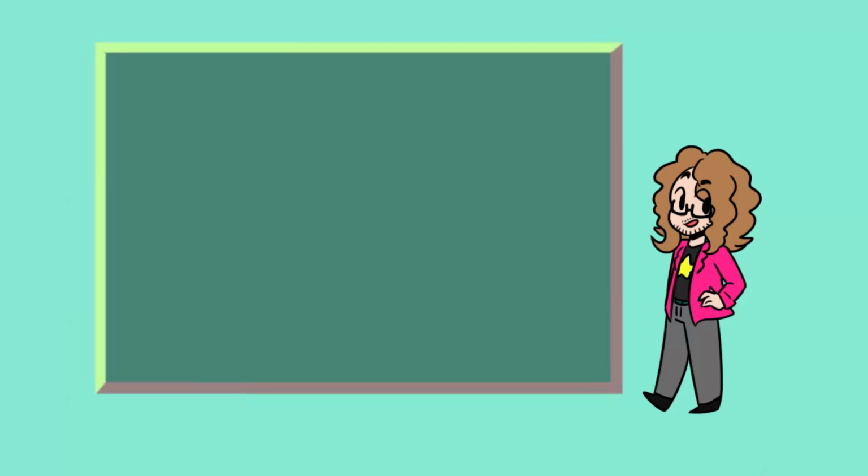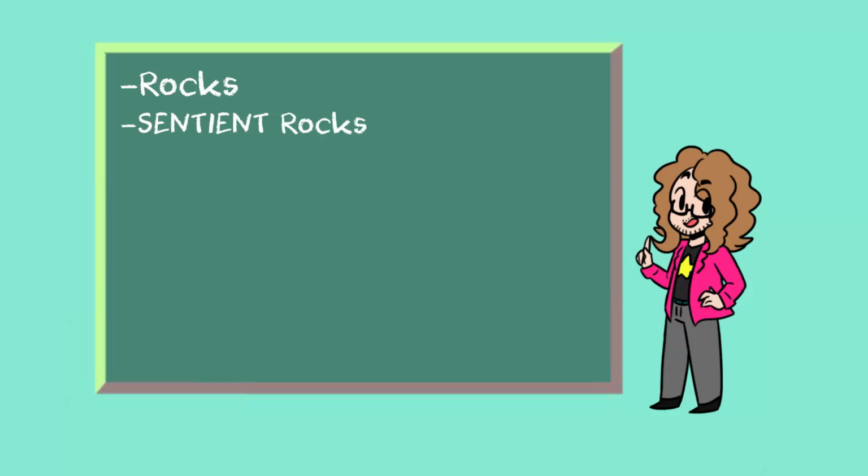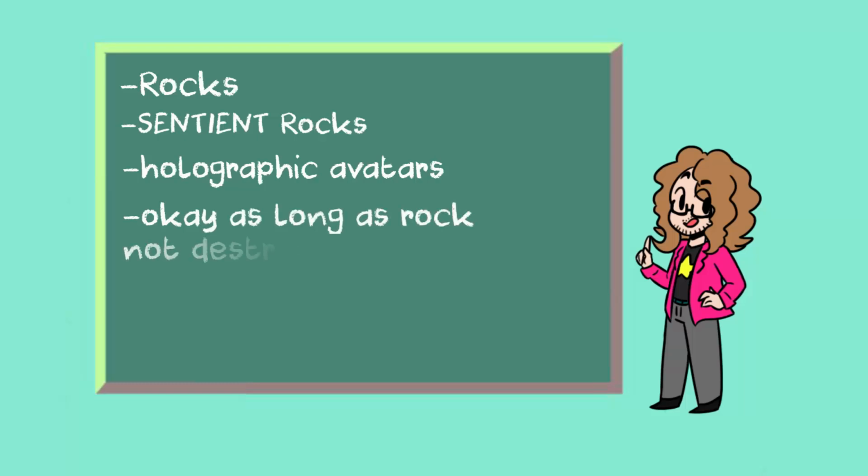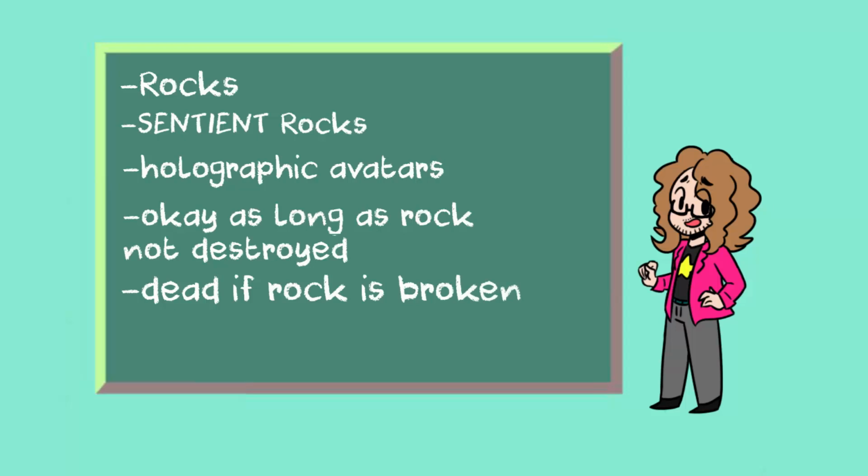So at the end of the day, gems are rocks, but they're rocks capable of storing information complex enough to make up artificial intelligence. Those rocks are incapable of interacting with the world around them, but they have the ability to project a simulated humanoid body with real mass that can allow them to do so. And yet, because that body is only real when it's being projected, if harm comes to the body, but not the gem itself, the gem is fine. But if the gem itself is destroyed, the information on it is irreparably damaged, and that gem is effectively dead.